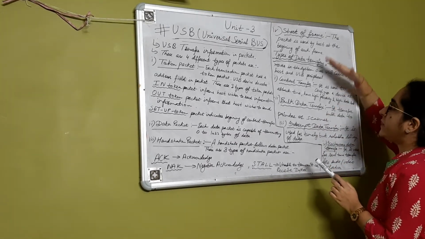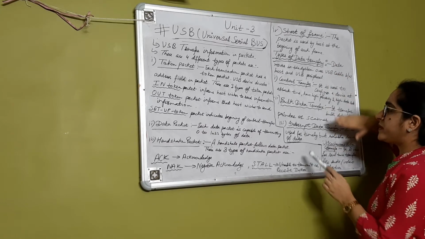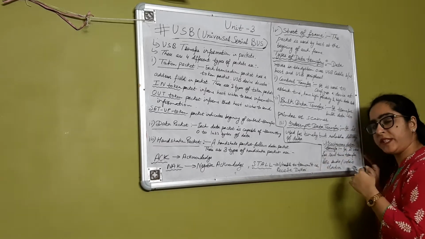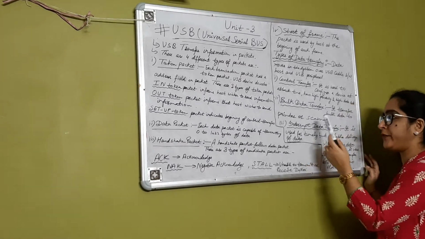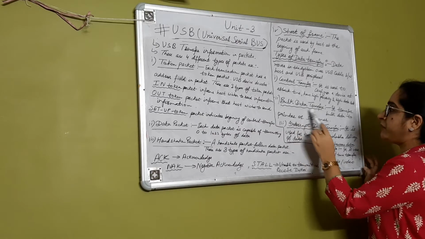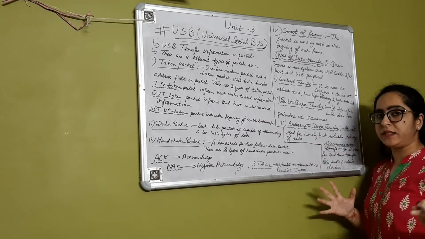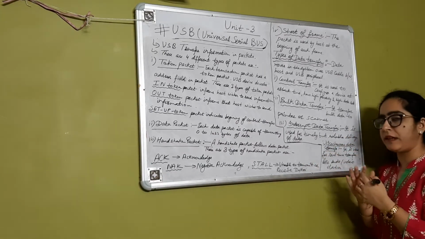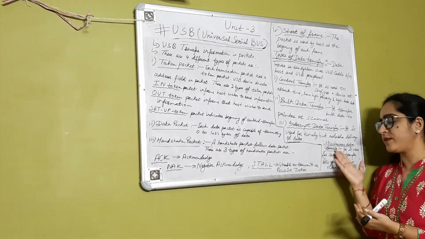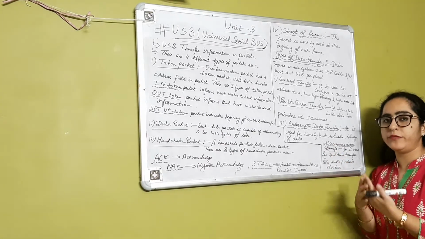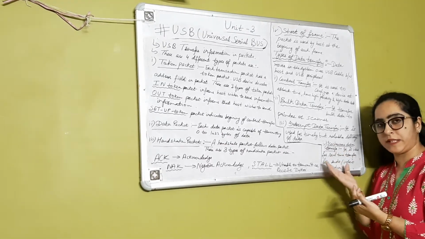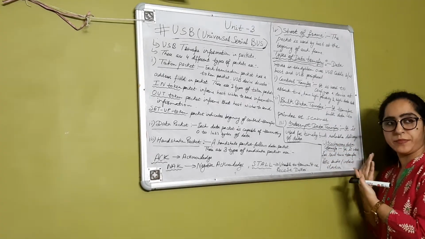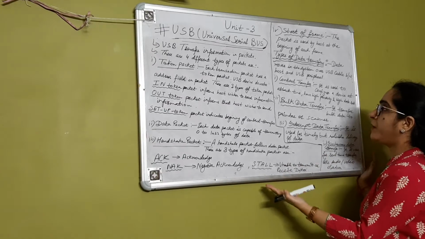Now there are types of data transfer. 4 types of data transfer are there. Control, where it will sense the attached time or detached time of the device and has high priority to configure that device. And bulk data transfer, when printer or scanner data transfer is being done. And interrupt data transfer, so that reliable data can be transmitted. And isochronous transfer, when audio, video, or any graphics or images type of data is being transferred. So this is all about USB.